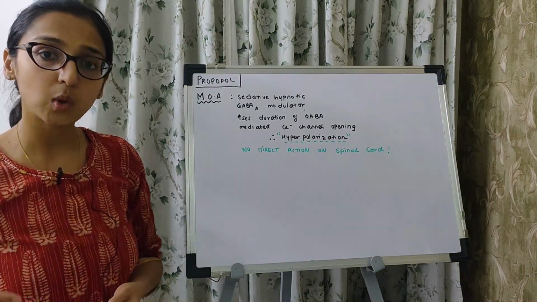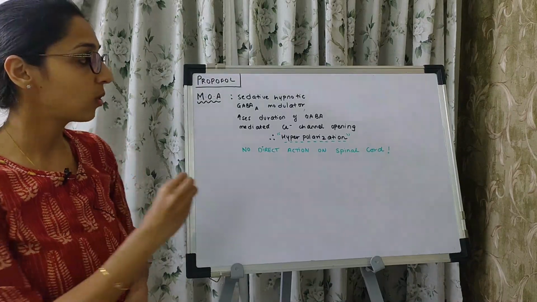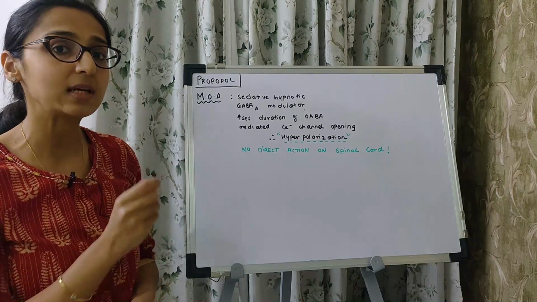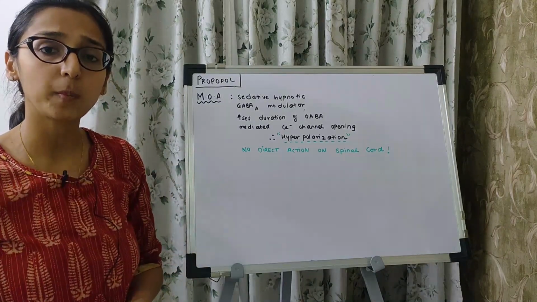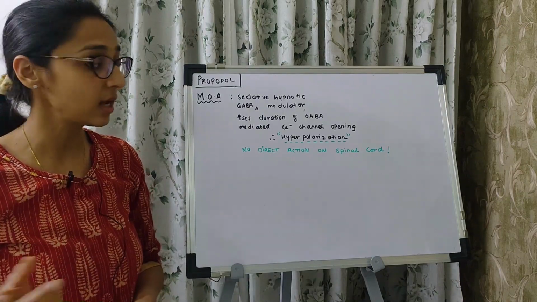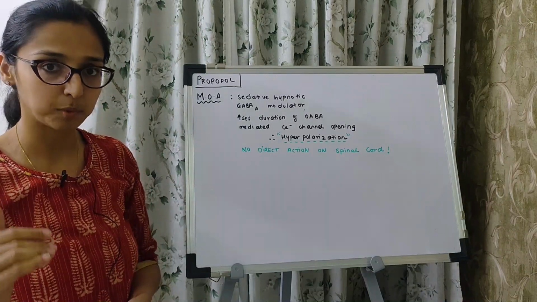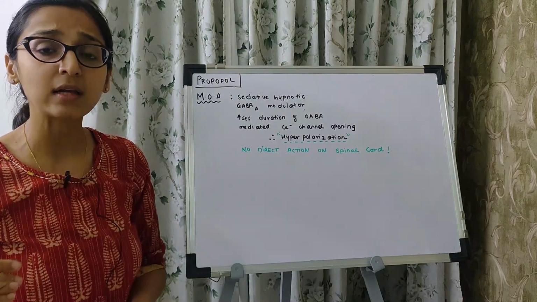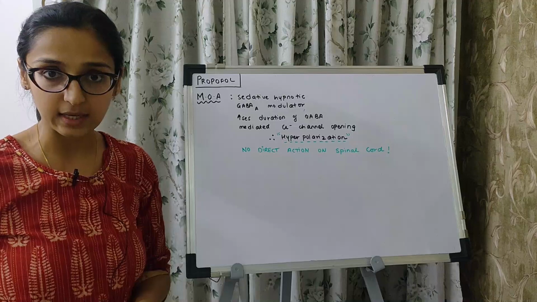This prolonged effect of GABA on its own receptor will cause increased duration of the chloride channel opening, which is mediated by this receptor. So the chloride channel will remain open for a longer time. It will cause hyperpolarization of the cell membranes, and because of that there is going to be a generalized CNS depressant effect of propofol. Propofol does not have any direct depressant effect on the spinal cord, unlike the volatile agents.